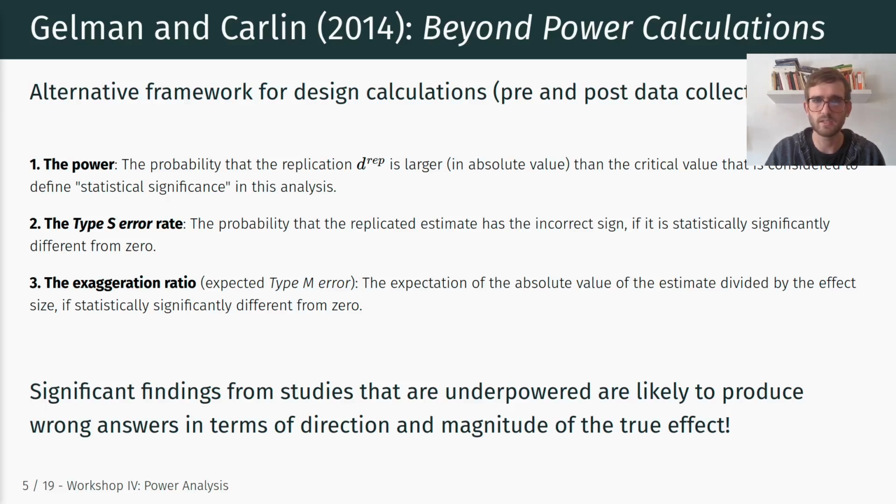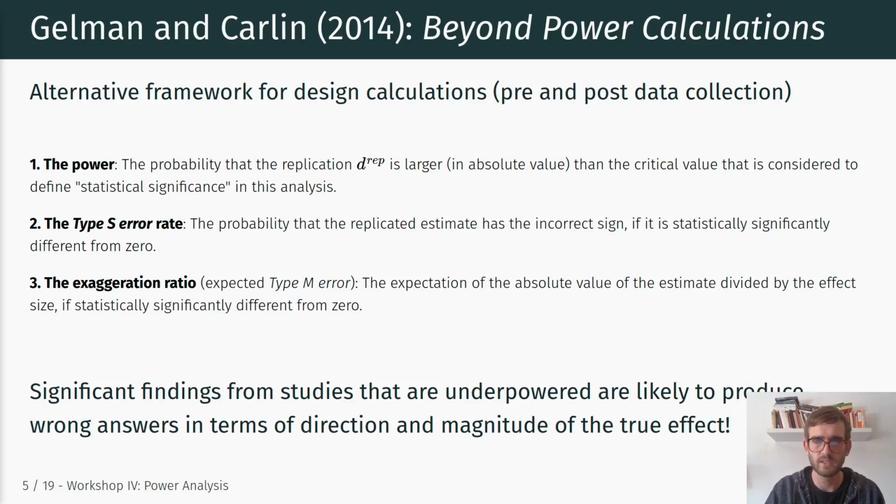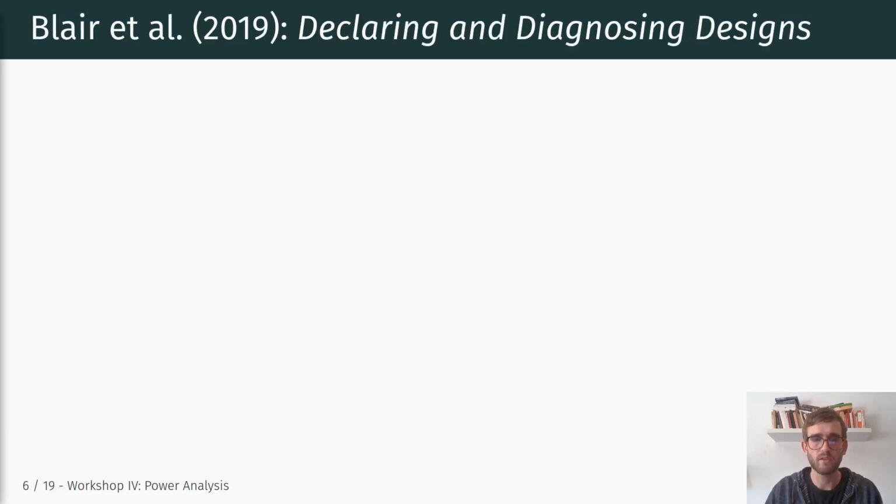Okay, I think I said everything that I wanted to say about Gellman and Carlin. Let me move on to the third paper that we were assigned to read for this week, which is Blair and co-authors, Declaring and Diagnosing Designs, right? And so this paper provides a framework for formally declaring the analytically relevant features of a research design,